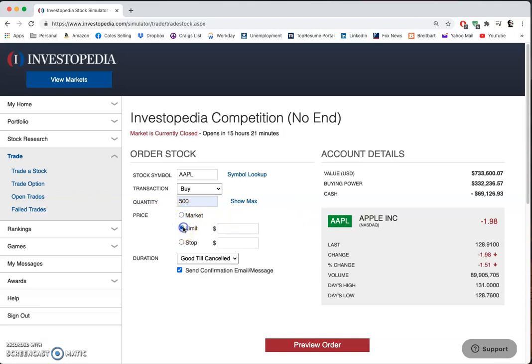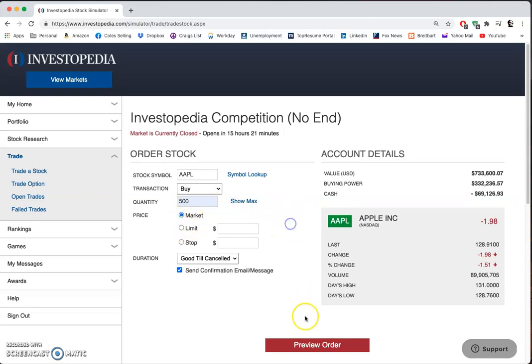You can also do a limit, and this is how much it's going to be. What does Apple have to be before you buy it? So that means if it's $128 here, you might say I'm not going to buy it until it hits $130. So you type in $130. So I keep it simple. I use the number of shares here and the market purchase,